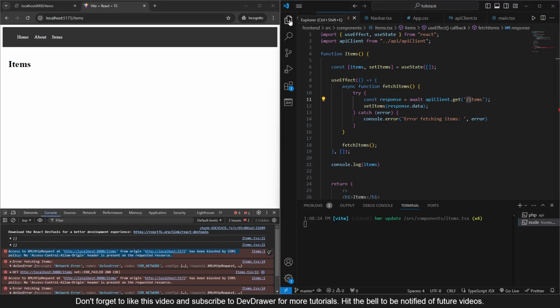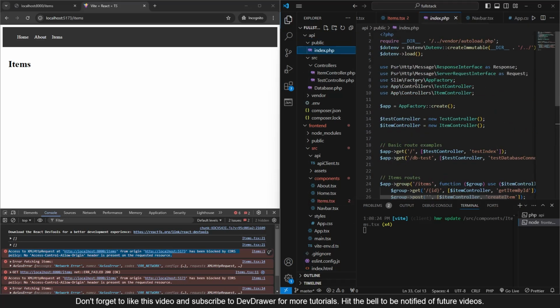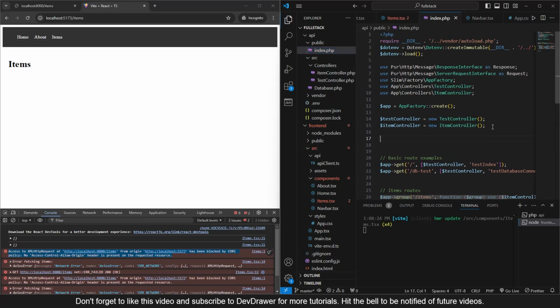Alright, so in order to fix that, let's go back to our API, and inside of our index.php, you see we just have basic routing available. So we're going to set it up so that it actually handles CORS. So let's come down here, and I'm just going to add a comment here, and we're going to say CORS middleware to allow requests from localhost